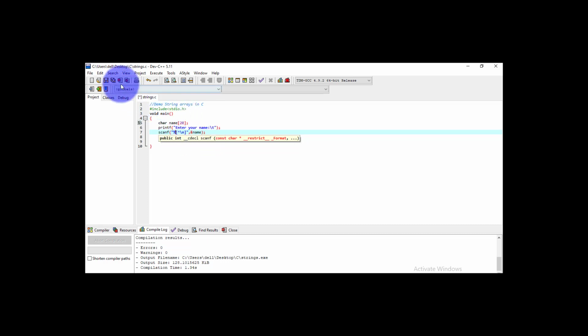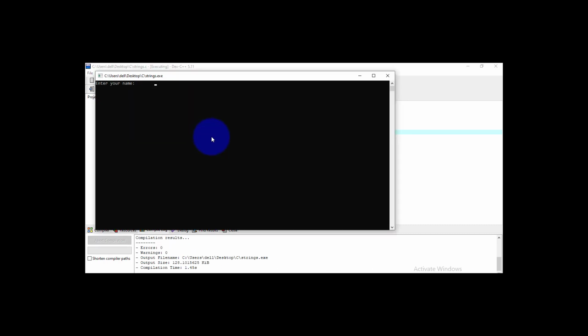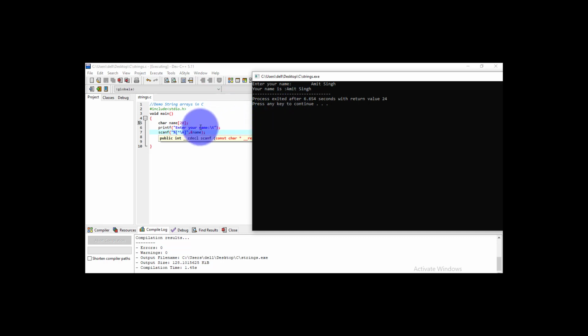Again save your changes, go to the execute menu, choose compile and run, and here we enter the value Amit Singh, and you see the result. So this will read into the string until the enter key is pressed.